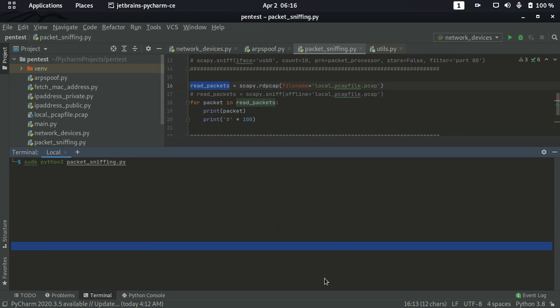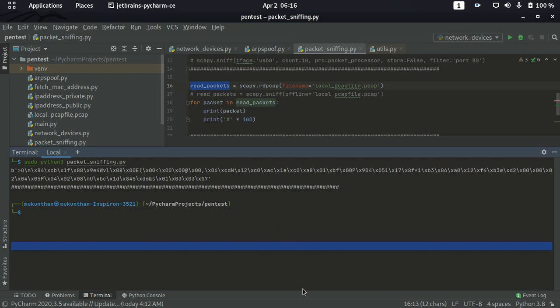Okay, so it started and it has given the data here. That means we are not reading from our interface or the HTTP protocol, right? It is directly from the file. That's the reason we have seen the data and the divider, and it's completed already. If you have multiple packets, you can see the multiple packets' details here.